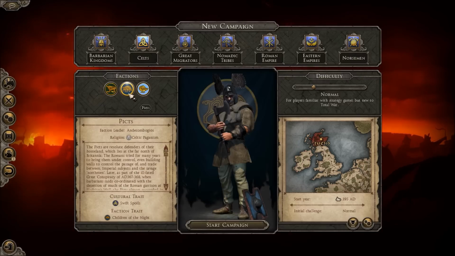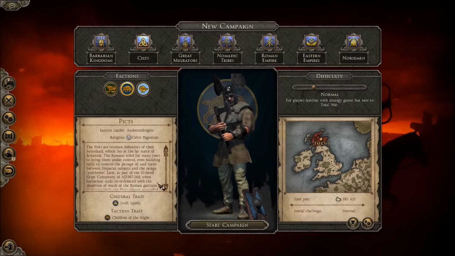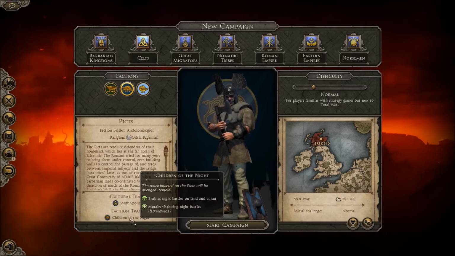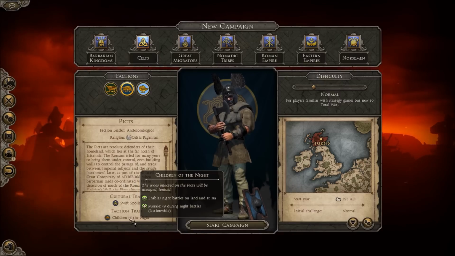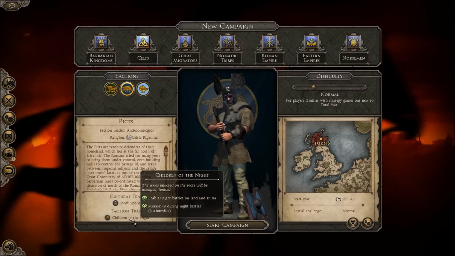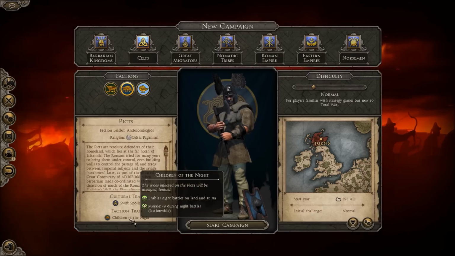I almost always occupy. Alright, so we got the Picts up here, and I got the same stuff. And then Children of the Night, and it enables night battles on land and at sea, plus 9 morale during night battles. So basically, playing as this faction, you're probably almost always going to do a night battle unless you have